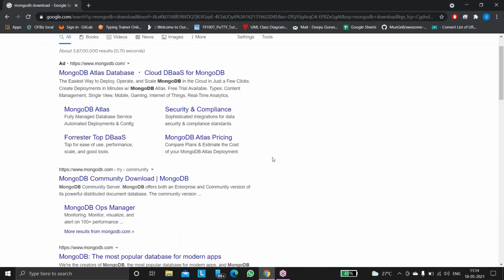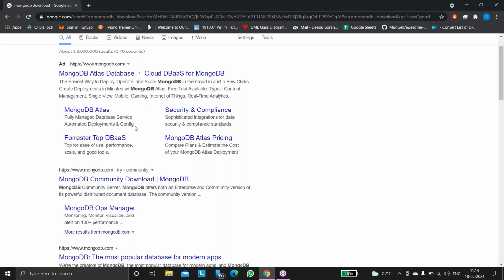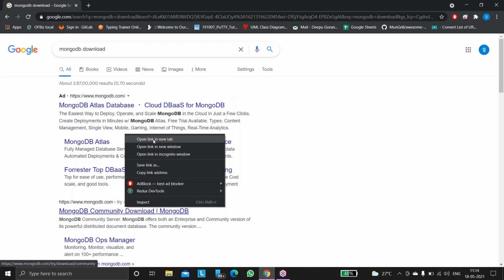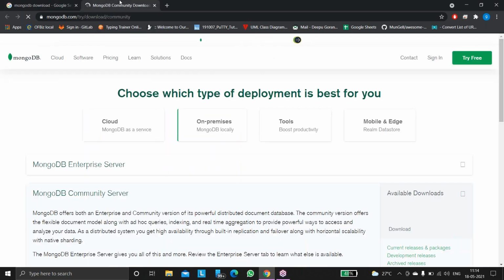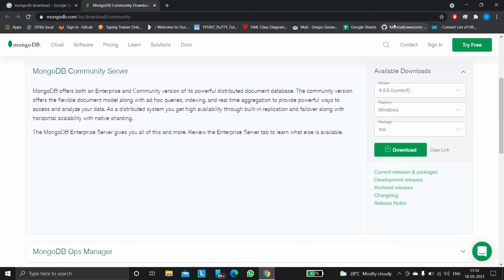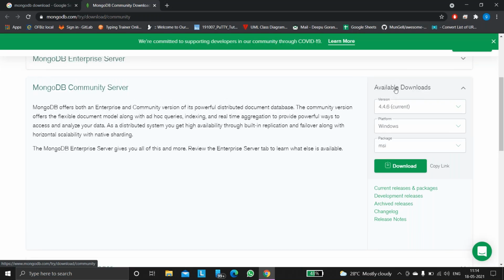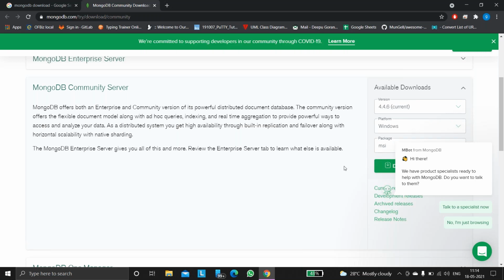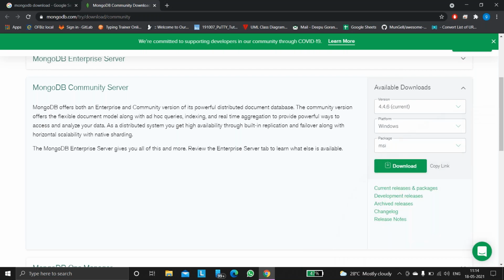Okay, right. Now right click there, and don't go here and there, Gnanadeep, I will tell you. Go to the second link, or else the first link, in a new tab. Wait one second. So here you can see the available downloads: Windows, MSI, all those things. Directly you can click there. Don't go anywhere. Here you can click on the download.